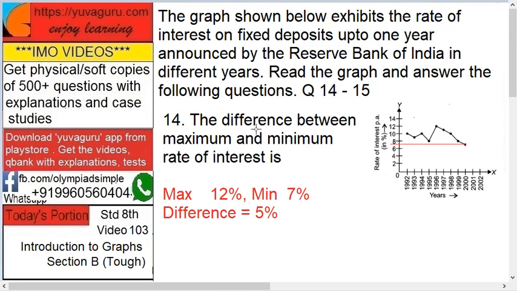The difference between the maximum and minimum rate of interest is asked here. Maximum rate of interest is at this point. This point is what? 12. Okay. Minimum is what? 7. Now this is difficult to understand. You have to draw a straight line from here to cut it at the y-axis. So it will be at the center. So that is 7. So difference is what? 12 minus 7. That is